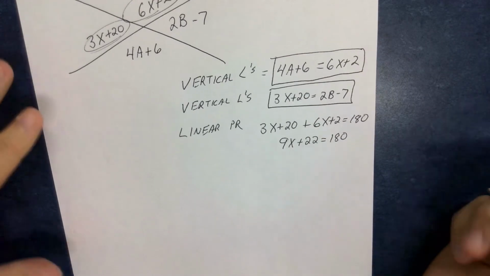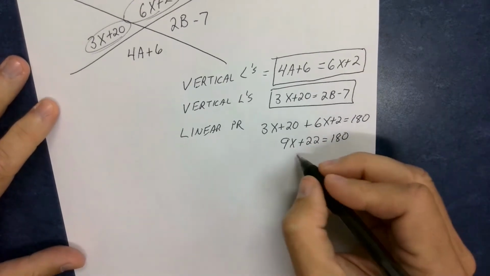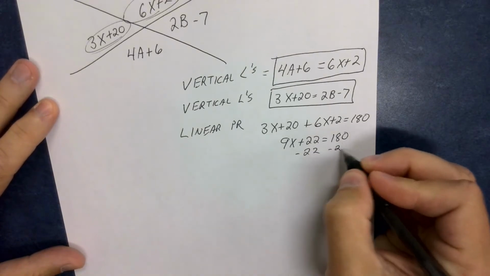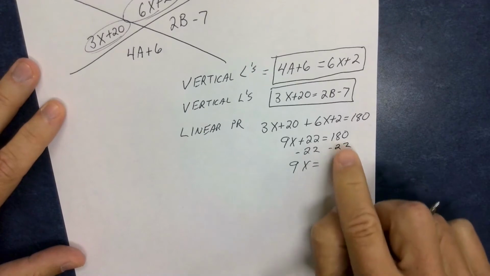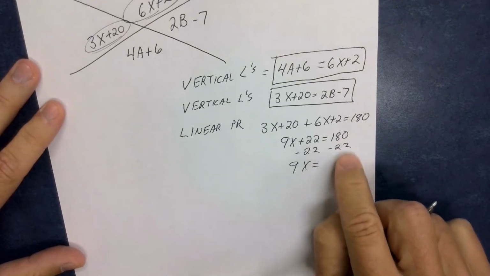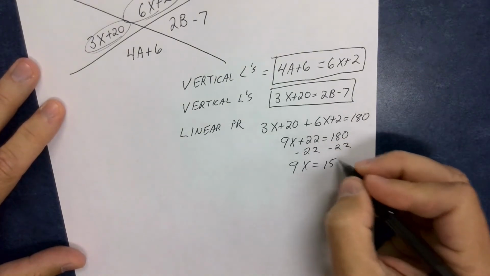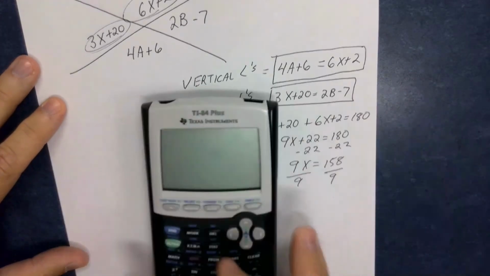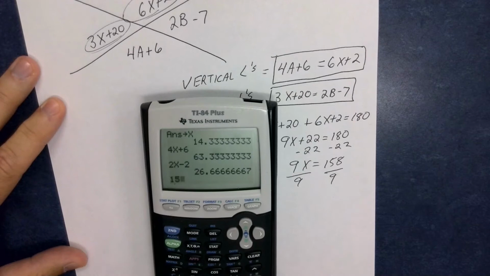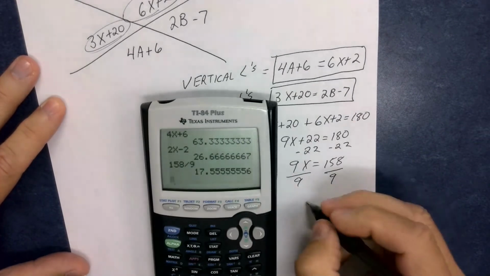Subtract the 22, and I get 9x equals, if I subtract 20, that's 160, subtract 2 more, that's 158. Divide by 9, handy dandy calculator here, 158 divided by 9, and I get x equals